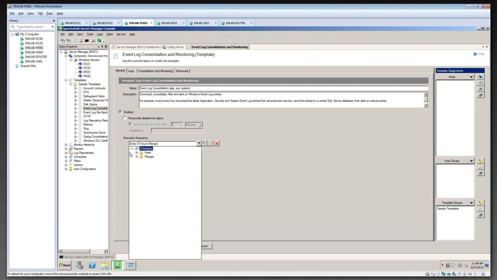Fixed schedules are going to be what you would normally think of when it comes to scheduling. For example, every Thursday at 4:30 p.m., daily at 1 a.m., every hour at the top of the hour, and so forth. Range schedules, on the other hand,